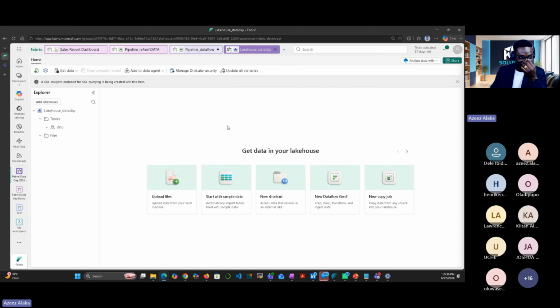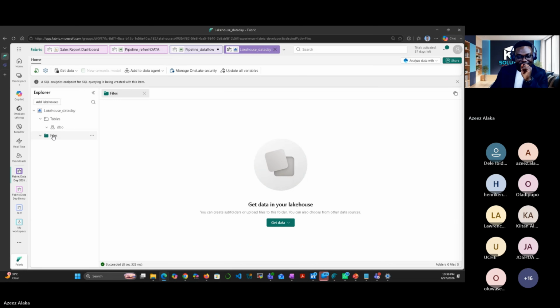See how it looks. Lakehouse is just like your storage, as I said, storage. I mentioned the other time that in SQL we only have tables. You can see here in the lakehouse we have tables and we have files. Which means in one place I can interact with files and with tables, which makes our work easy. The same table, I can interact with it making use of a notebook, writing Python script. The file, I can also do the same thing with it, which really makes the work easy.